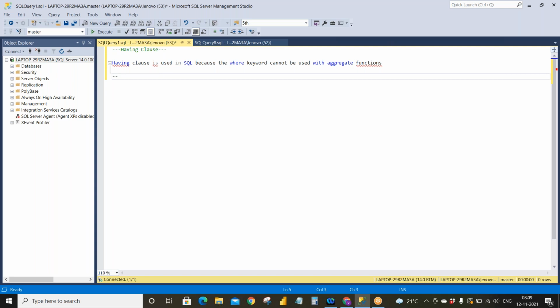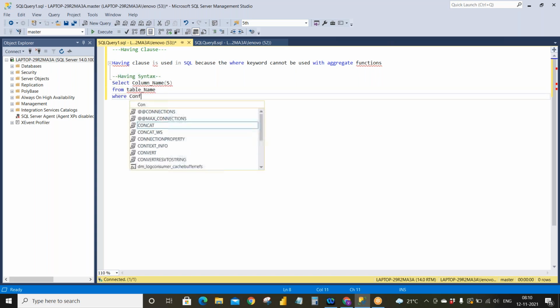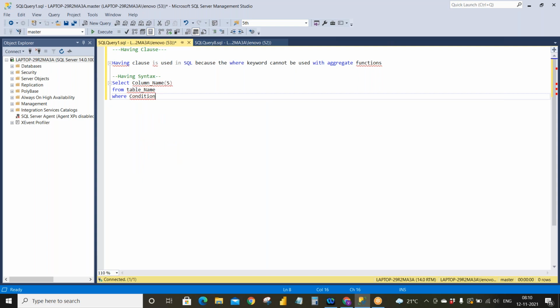Okay. So let's see the syntax. Select column names from table name where I'll give a condition over here, which is optional. Until now, sorry, where condition,